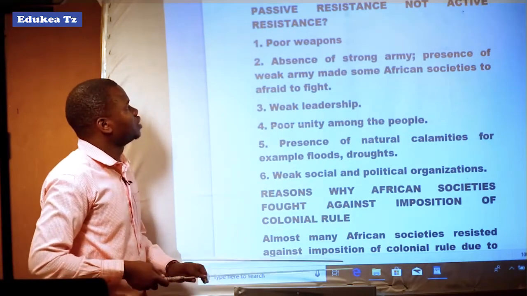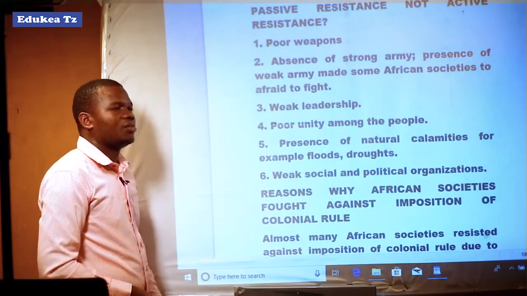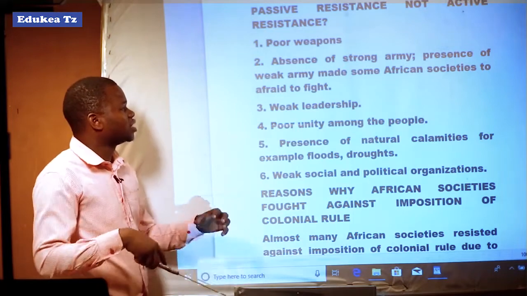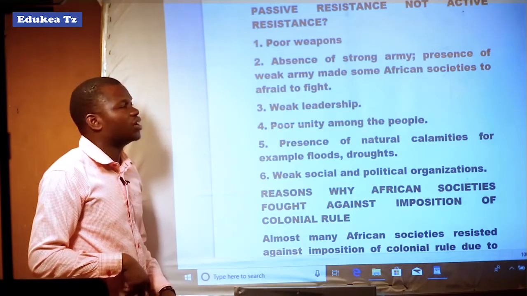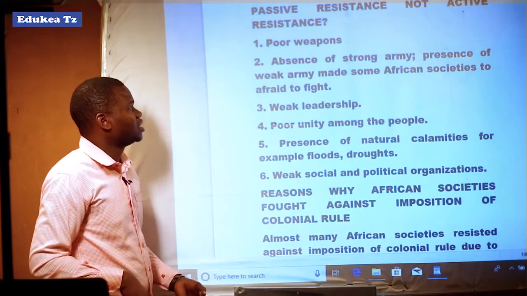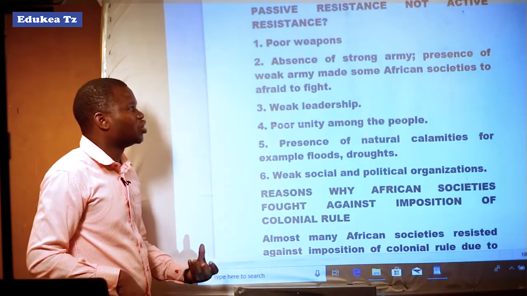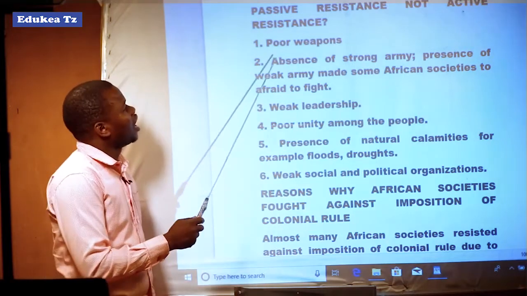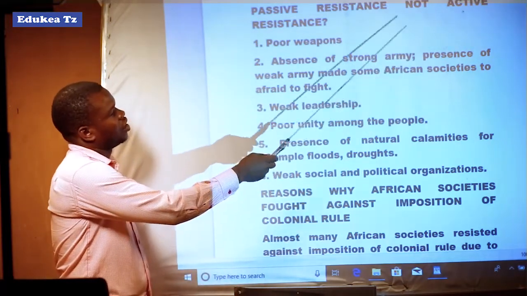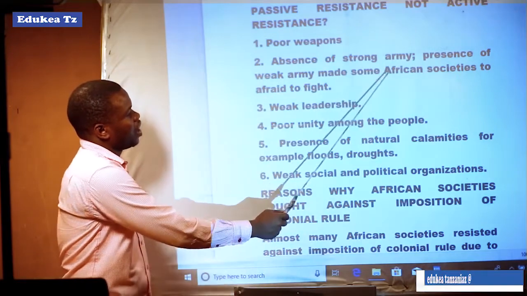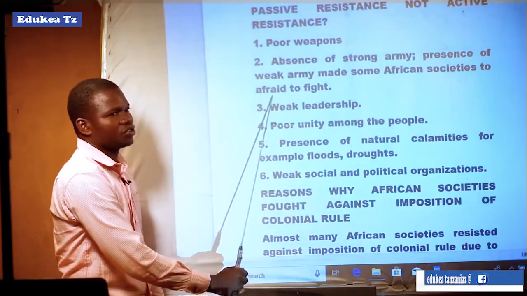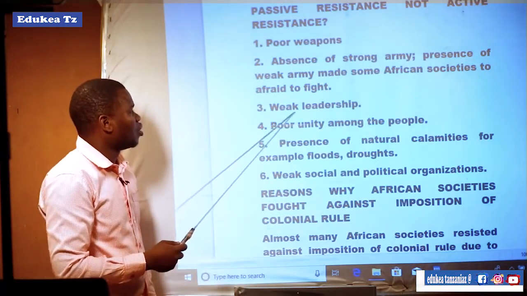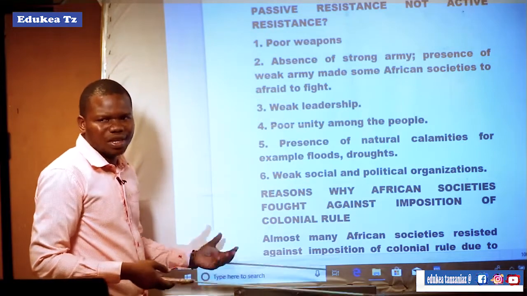So factor one was poor weapons. This made them fear the strong weapons of the colonialists. That's why they decided to oppose colonial control passively and not actively. Absence of a strong army, or presence of a weak army, made some African societies afraid to fight the colonialists. Weak leadership: they had a weak leadership,